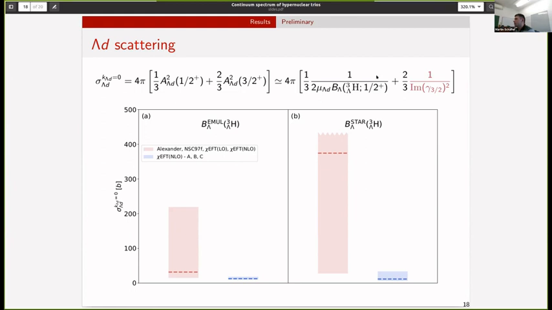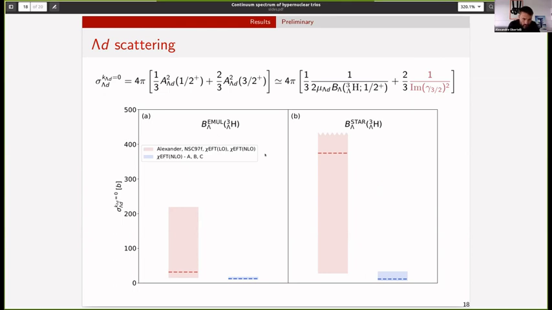The spin doublet component is given by the lambda separation energy of the ground state, and the spin quartet component is given by the excited state of the Hypertriton, spin 3/2. Here we see in our calculation that this component really dominates because it might exist very close to the lambda deuteron threshold.